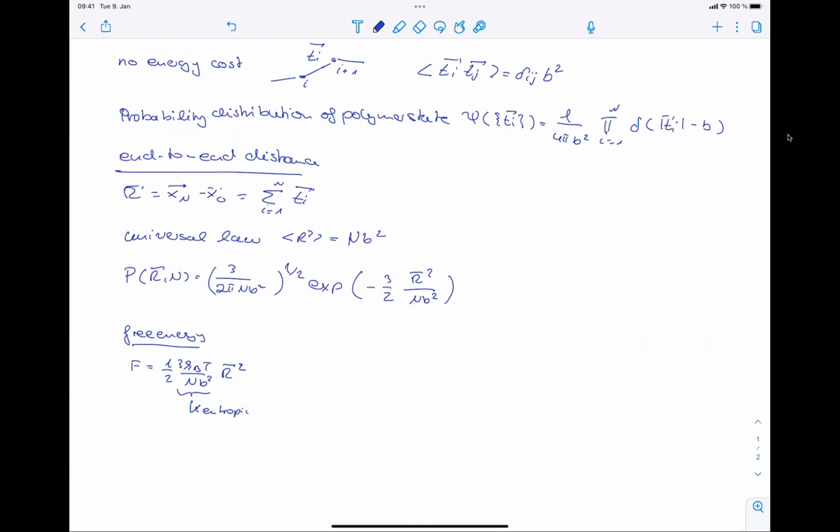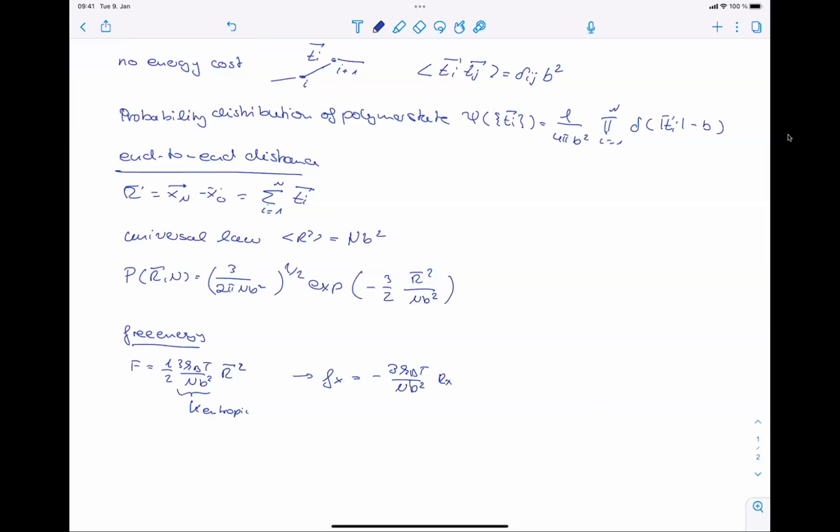And so how do we see that there's a very different physics driving this spring constant? Well, we see that this spring constant becomes bigger if we increase the temperature. And that's contrary to our expectations. If we take a solid and we heat it, then it becomes softer and easier to stretch. For this entropic spring, we derived the force extension relationship to be minus 3 kBT over Nb² times R_x,